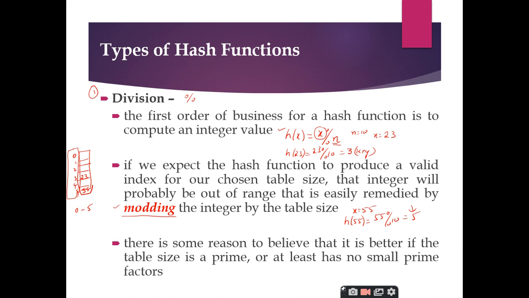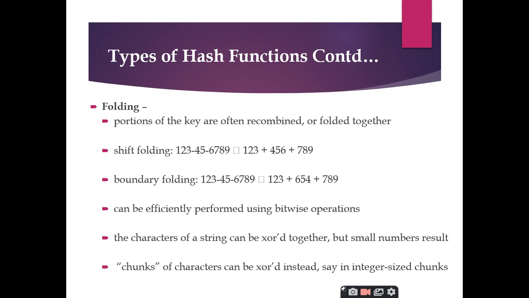That means it can be treated as a hash function. And the second method is the folding method. The second hash function is the folding method where we will take the number and we will fold it. Folding means nothing but we will first divide the given number into equal parts, and then we will add them, and whatever result we get will be taken as the key to insert the value into the hash table, right?